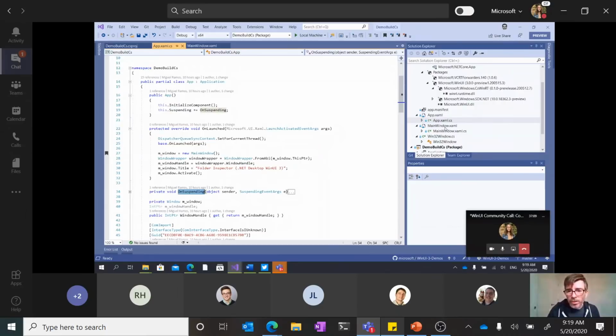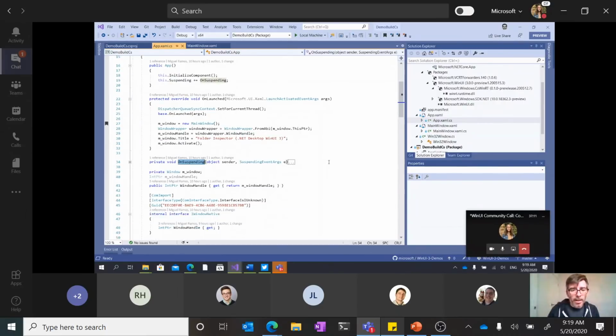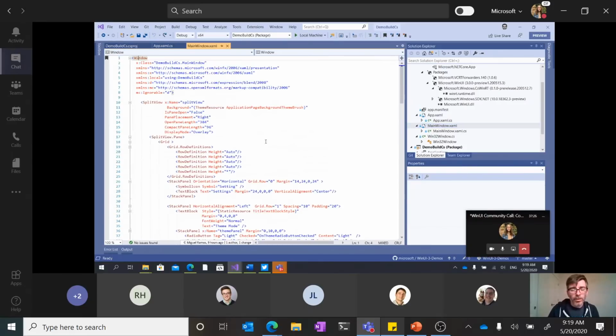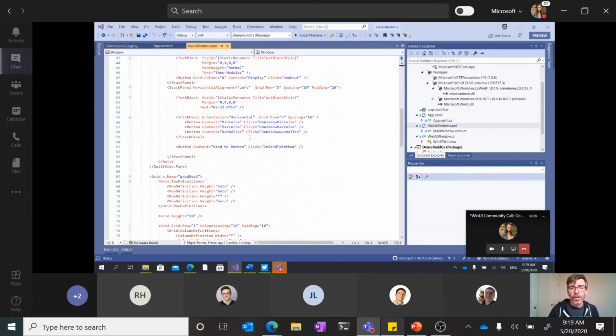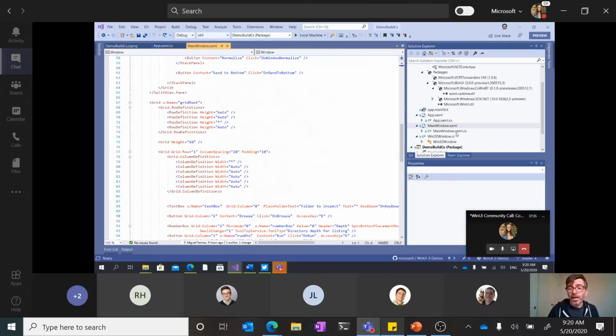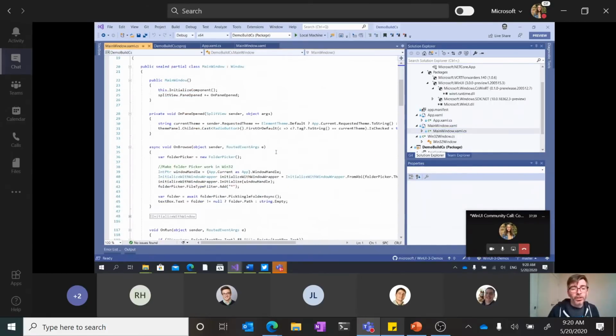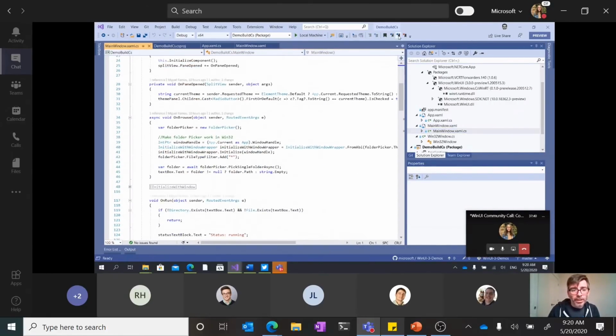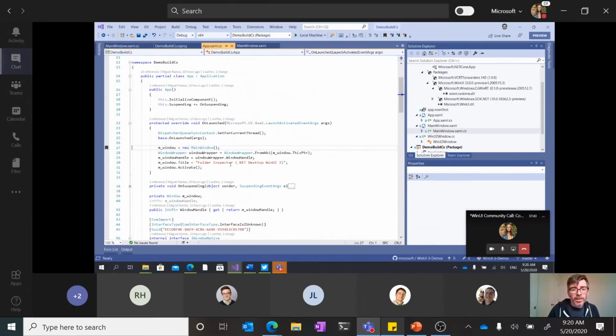Good. More stuff that I want to show you in here is that I can get a window handle because this is a Win32 app model. Once I get my window, I go into my XAML code to show you all this code. I can use all the functionality that you can use today in UWP and WinUI 2, and also all the expected stuff. In here in my application, you will see